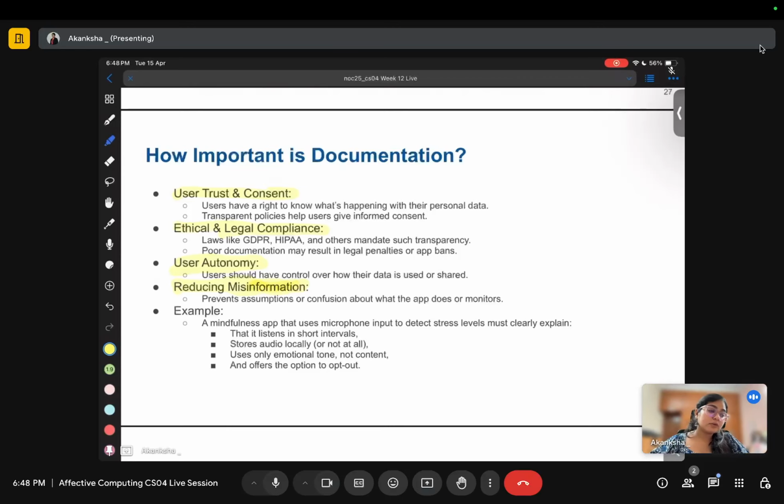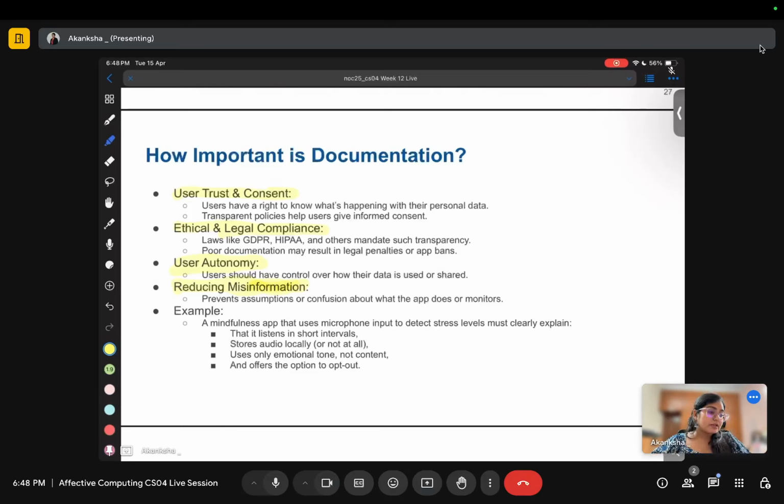So it reduces misinformation. Let's say some of your favorite noodles, and it is not mentioning what the ingredients are. Now if it is not mentioning, then people might spread some kind of misinformation about that product, that it has some kind of non-vegetarian component added. So it is not providing clarity, but it is your fault because you are not mentioning the ingredients on your product.